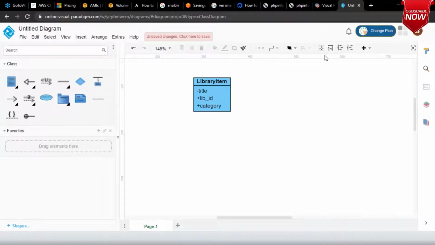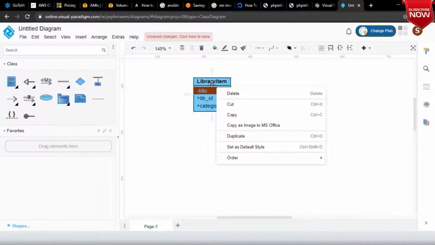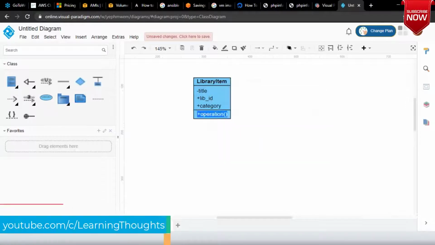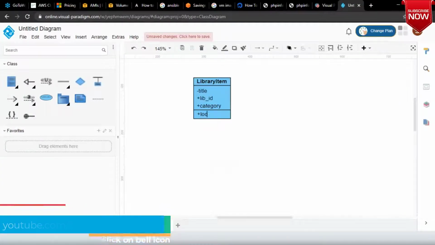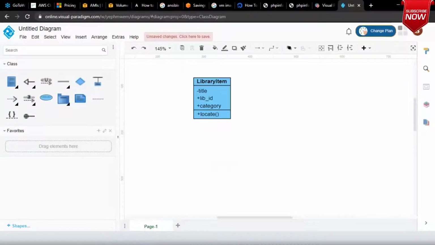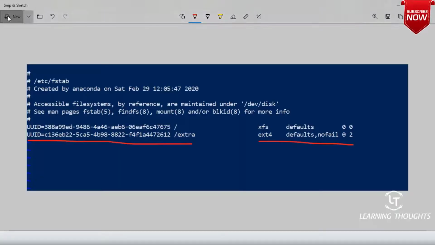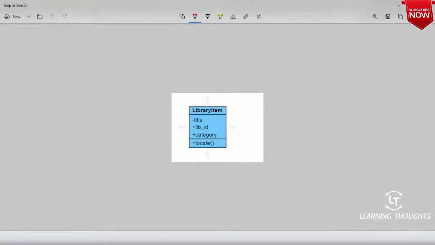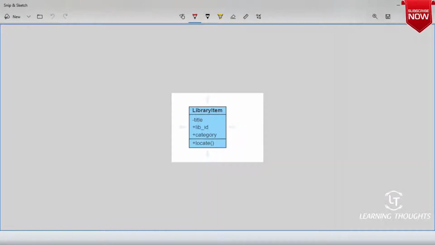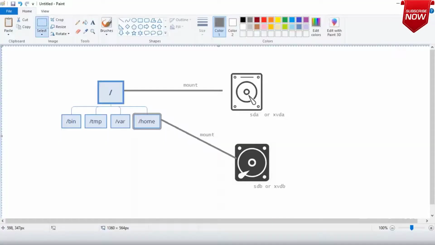Bank is something which I've asked you guys to do. It was not my job, right? Fine. And in library operation, what were we trying to write? We were trying to write an operation which was called locate. Now let me take a screen capture and try to describe what this is. Let me copy this into MS Paint.